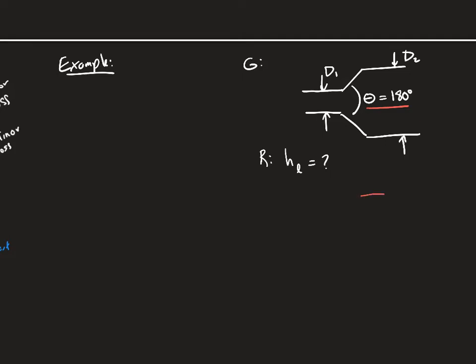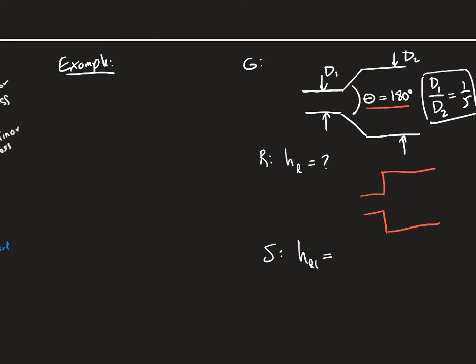But in reality, what's going on is it's kind of going like this, and it's splitting out wide as it comes through here. Okay, and for this, I forgot to give one given, but d1 over d2 equals 1/5. That's obviously important information because it really matters. So the way we would solve this, luckily it's fairly easy, is we go back to that equation I put down a slide or two ago, and I would say HL for this fitting, we'll call this fitting 1, equals K for that fitting 1, times